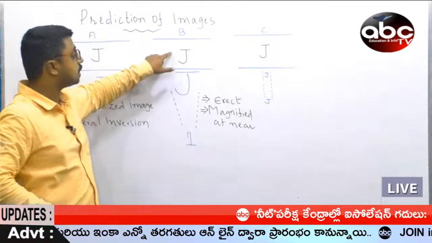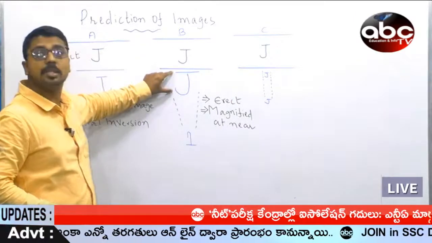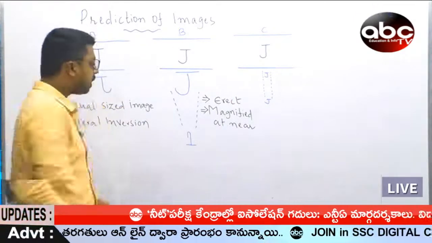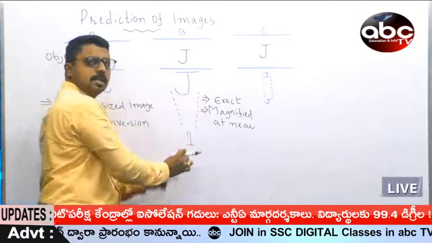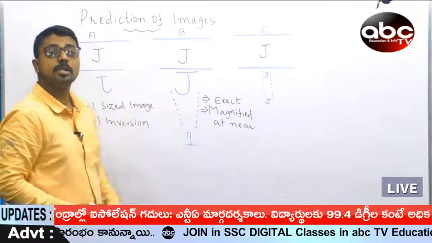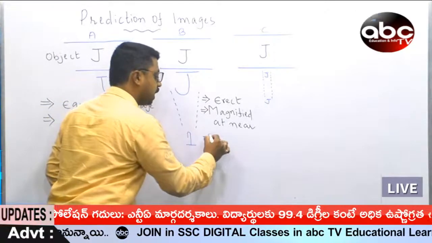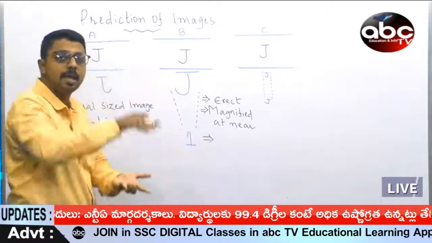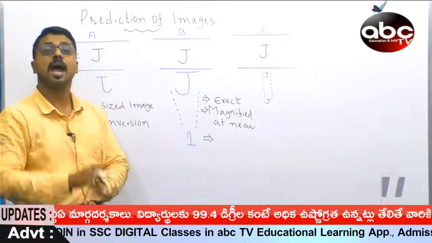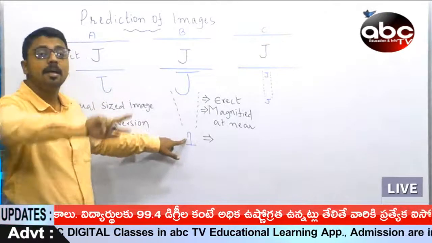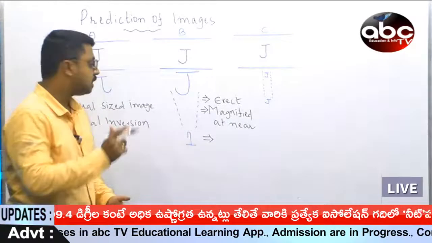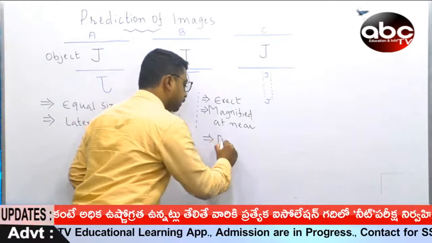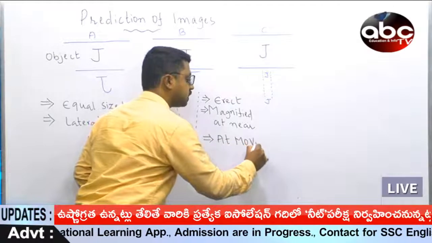ఎరెక్ట్ కూడా చూపిస్తుంది. ఎలా ఉందో అలాగే వచ్చింది. ఎరెక్ట్, రివర్స్ లో కాదు. బట్ కొంచెం దూరంగా మీరు తీసుకెళ్లారనుకోండి, if the distance is increasing, what is going to happen? Naturally the size is going to be reduced and the image is becoming inverted. Reverse లో అయిపోతుంది. ఇలా ఉన్న జే ఇలా రివర్స్ లో అయిపోతుంది. That is nothing but at moving distance